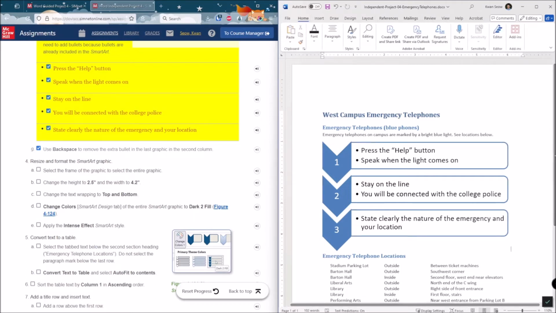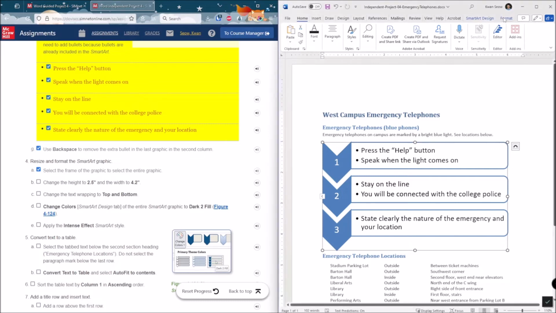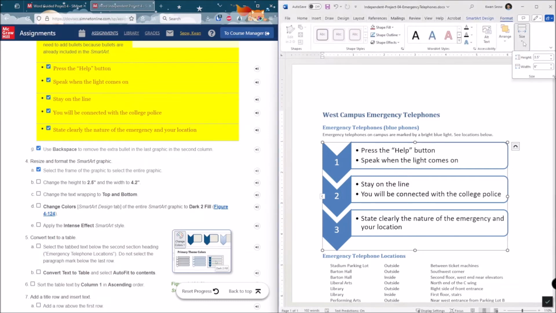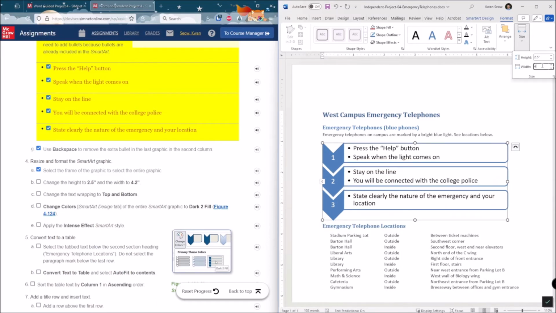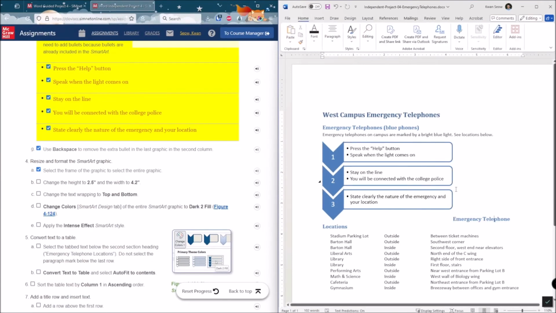So the way to double check is click out, then click within the white areas on the outside, not inside, but white. So like right there. So now the entire graphic is selected. Change the height to 2.5 inches and the width to 4.2. So go to, I believe, format, size. So the height is 2.5. So I can type in 2.5 inches and then the width to 4.2 inches. So once again, inches is the quote marks that you put at the end of the number values. Okay, so you notice it got smaller.